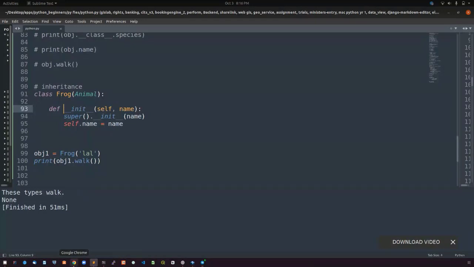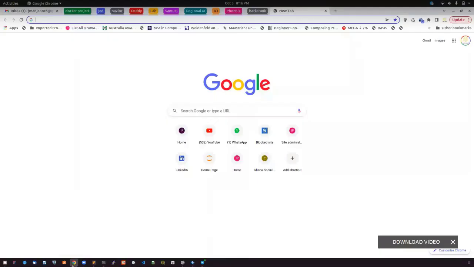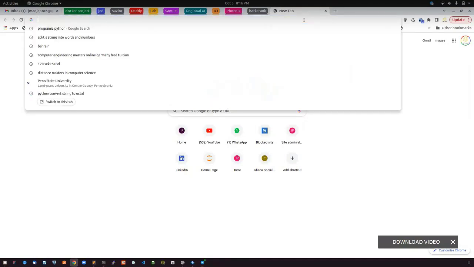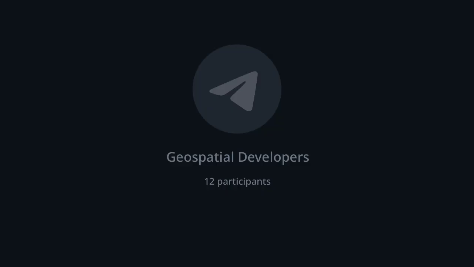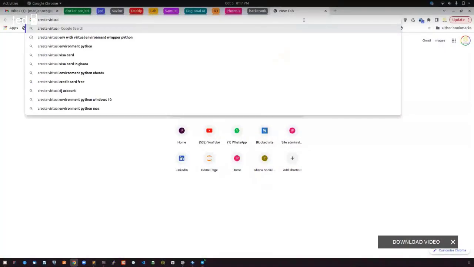I would like each and every one of us to be looking at Django, probably Thursday when we meet. I wouldn't be able to teach how to create virtual environments because I use Ubuntu. Some might be using Windows, some might be on Ubuntu, and others might be on Mac. So one thing I'd want you to do is, I think there should be some simple YouTube videos on how to create a virtual environment. You can either go to YouTube or just search on Google, create a virtual environment,